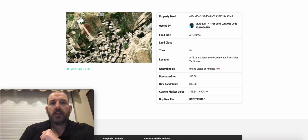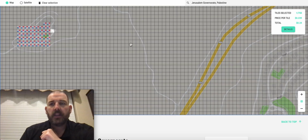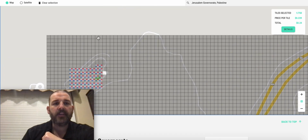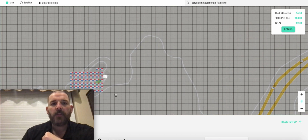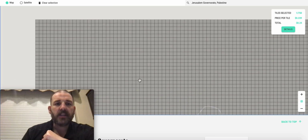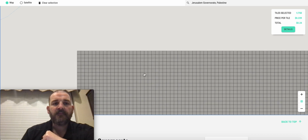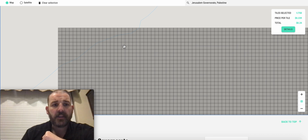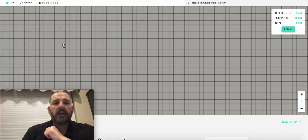So those are Jerusalem tiles, class 1, 24 cents a tile. You just have to pick the Palestine side there. You see Jerusalem, Palestine. What I tried to do, and I was just doing it as an experiment because I've seen people talking about it in forums and on groups, but I wasn't sure because it seemed like they were getting mixed results. What I did was, I can't even find the spot now, but I started a couple tiles